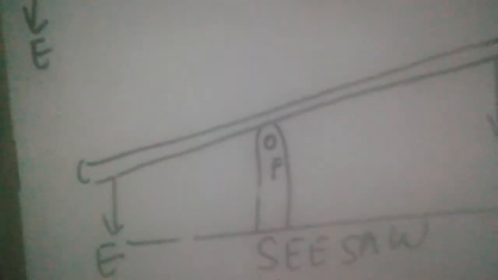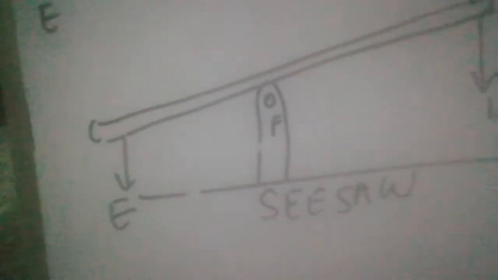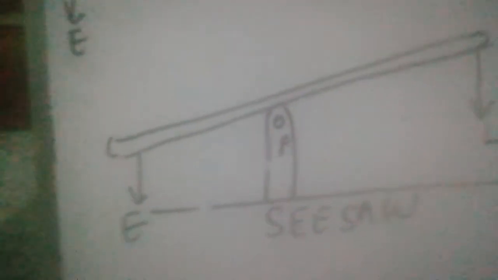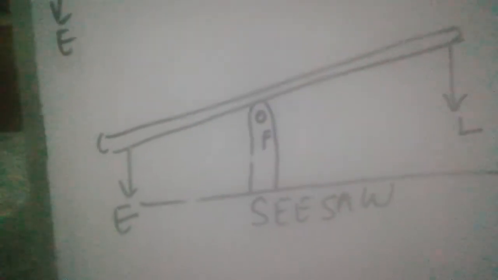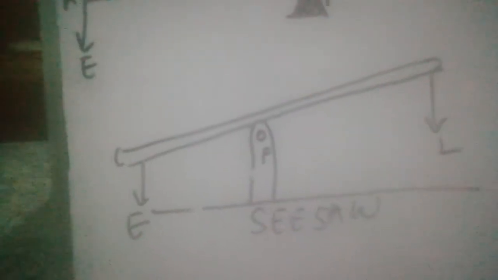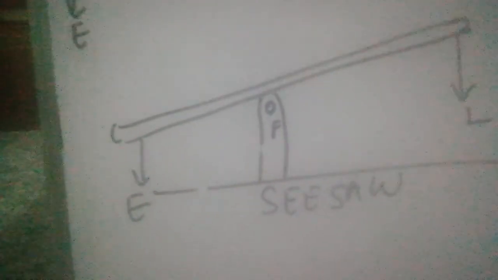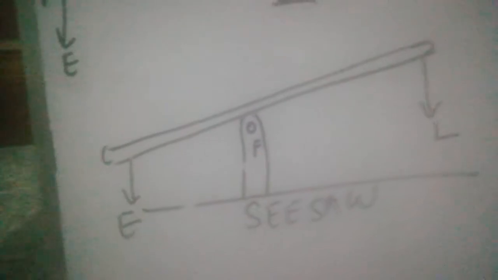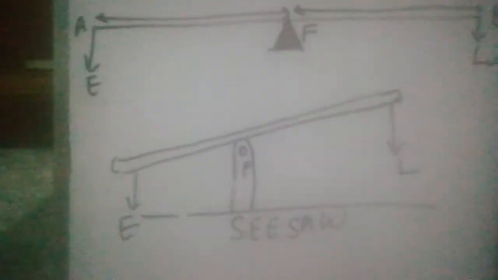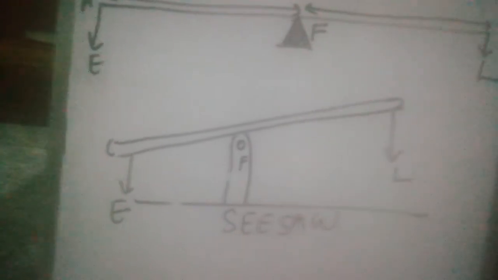Okay, children. Now see, when the effort arm is longer than the load arm, the mechanical advantage and the velocity ratio of the ideal class 1 lever are greater than 1. See, children, for class 1 levers, the mechanical advantage and velocity ratio can have any value, either greater than 1, less than 1, or equal to 1 also. We cannot say that class 1 levers always have mechanical advantage and velocity ratio less than 1. There are all the three cases possible in class 1 lever.